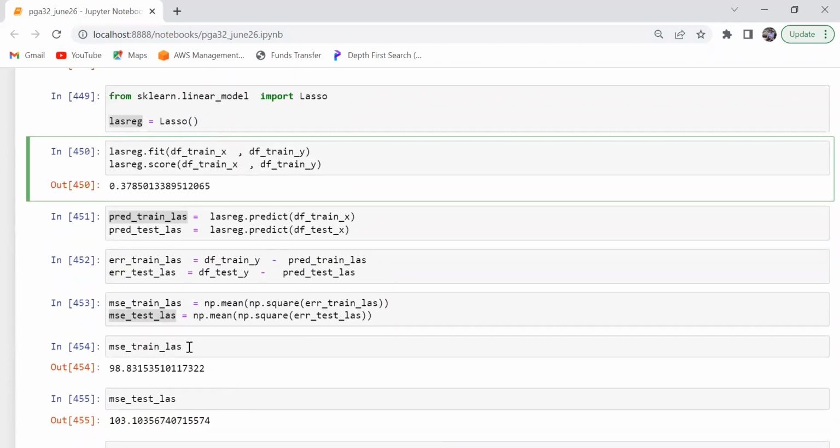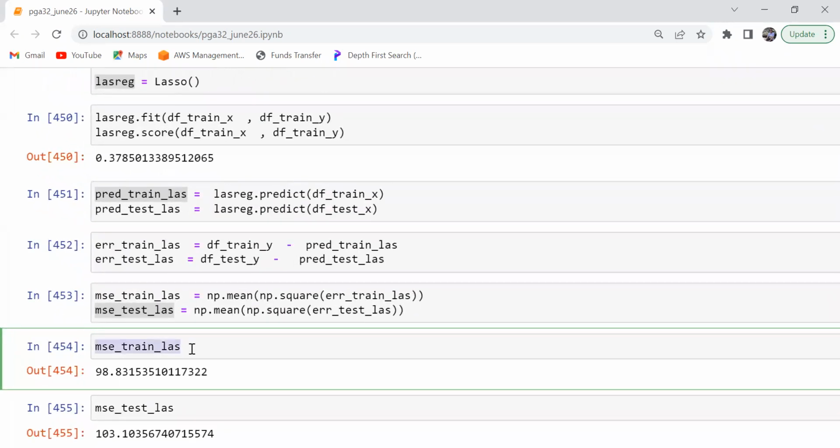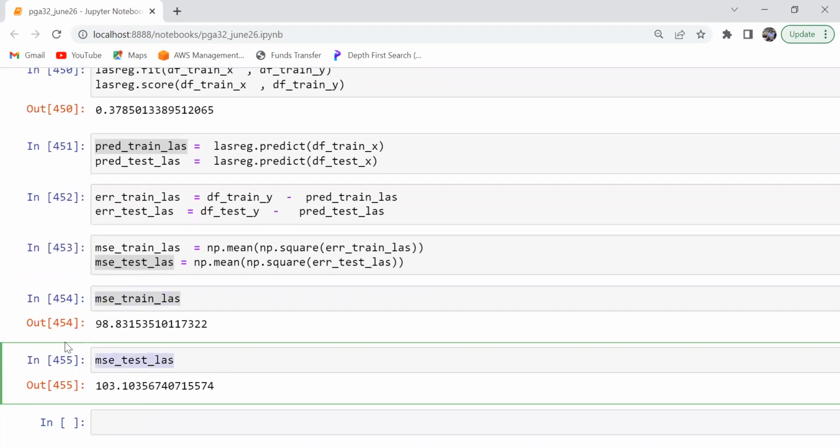So guys, एक second वापस सब लोग please stop whatever you are doing. What I have done is I have found the MSE in train Lasso and MSE in test Lasso. Do you notice? They are close by. So it means the model is not overfitting. Compare it with your linear one. देख रहे हो, MSE on your test data has decreased heavily, but MSE on your train data has increased.